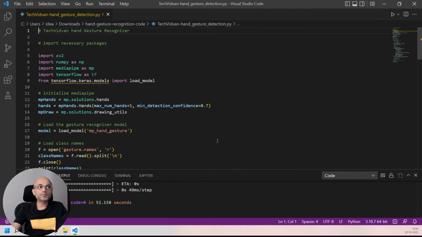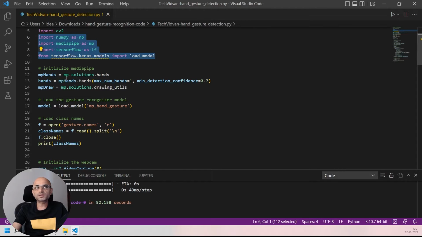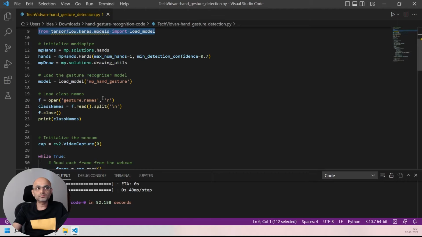This code is importing these libraries, using the hands from MediaPipe, and it is loading this ML model, that is the directory named MP hand gesture, and using the gesture names file that I showed, which has all the predefined gestures with the text names. These text names are used as the label when it identifies that gesture.